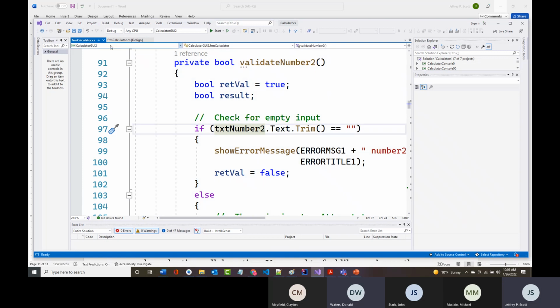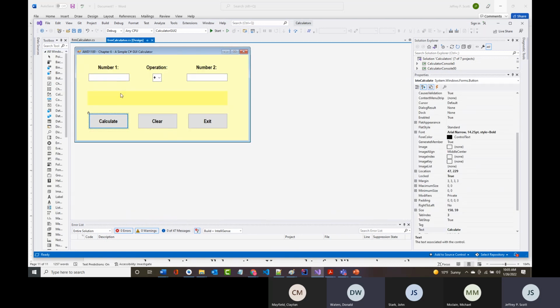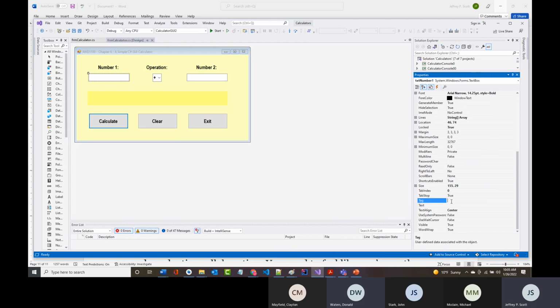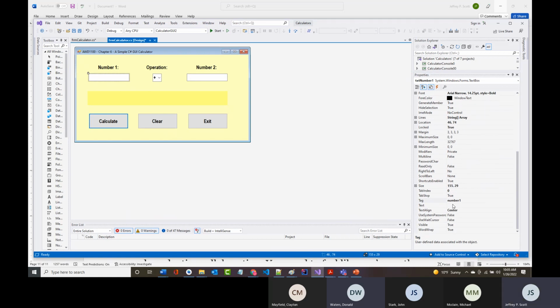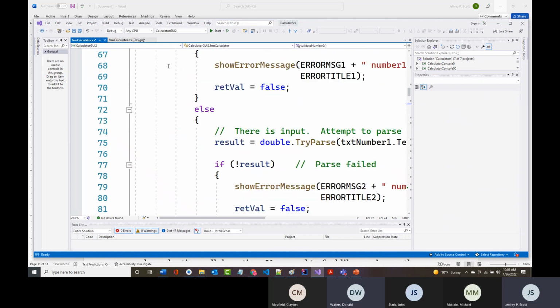I'm going to make a change to this program. That is, coming back here, every single control you put on a form has got a special property called tag. And I'm going to call this one number 1. And I'm going to put a tag on this one. And I'm going to call it, here will be a surprise, number 2. By just putting a tag there that says number 1, that's right over here, and putting another tag there that says number 2, that's right there,